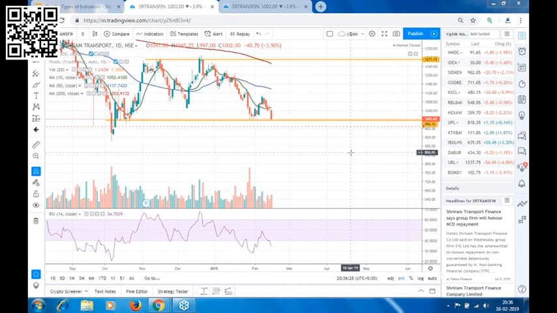So our decision will be based on the daily time frame. Then we'll do the top-down approach. If we think that the stock is looking good as per the technical setup that we are using, then we'll check the weekly time frame, then the 4-hour time frame, and then the 1 hour time frame, and then we'll decide our entry level. We'll mark all the support and resistance levels, and then based on that we'll decide our entry level and our